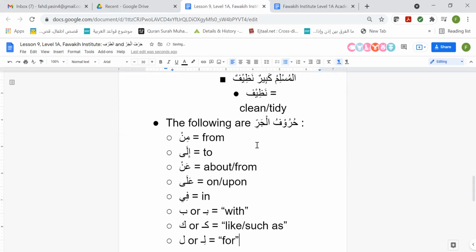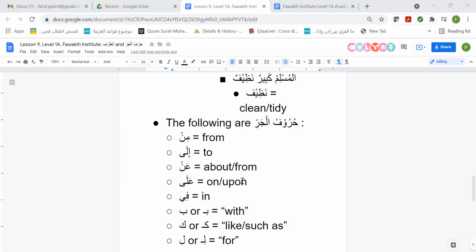Let's see if there's something in the chat. Oh, you have these in your text. Okay, awesome, that's good to know. Well, they're also here right now, so that means you have covered it. Excellent. I think there's 8 here total. There's a lot more than these 8, but these are the most common, and these are the ones that usually people are expected to learn from the beginning. So yes, do you have to memorize this? Yes, absolutely. I would recommend it because in the Quran and other texts, this comes very, very commonly.